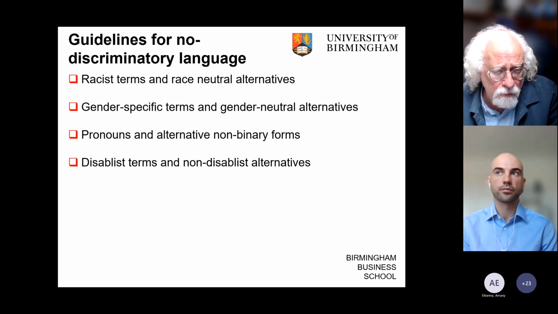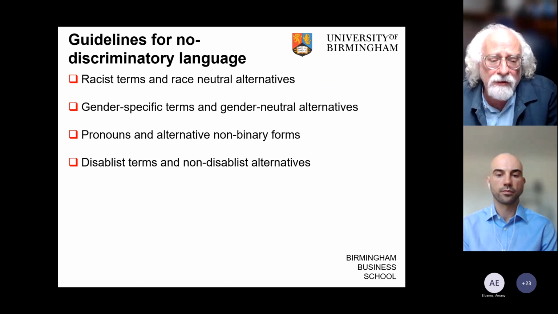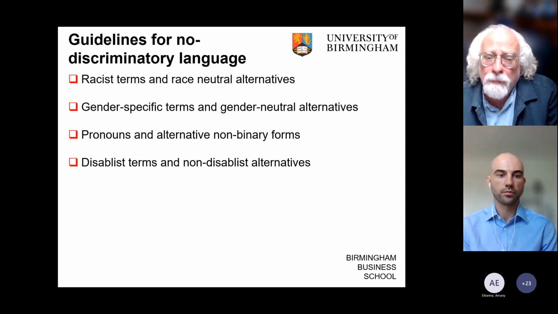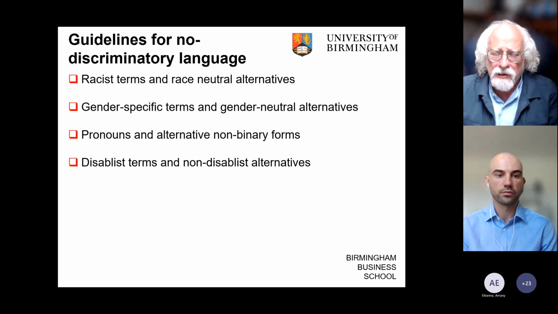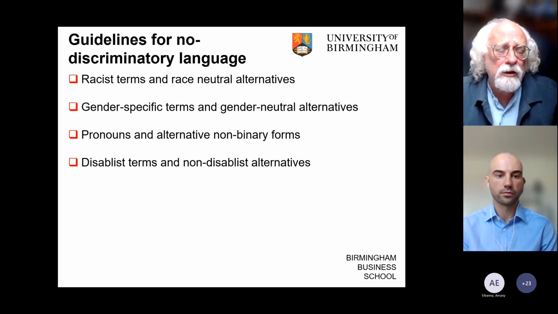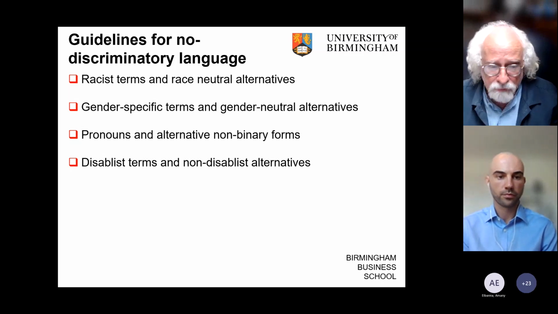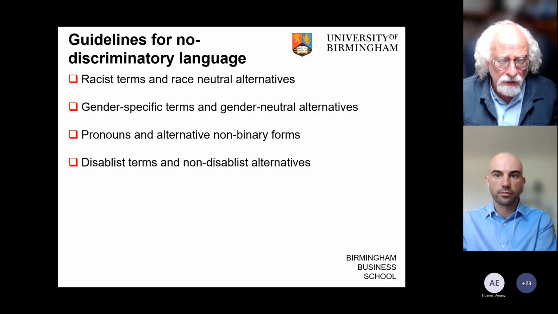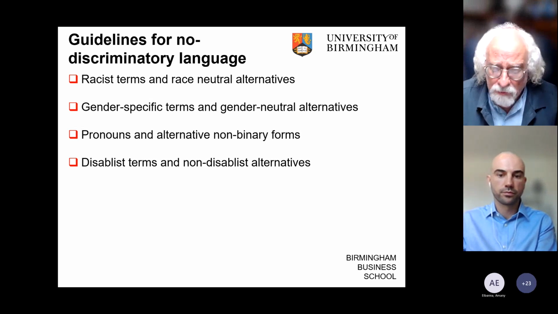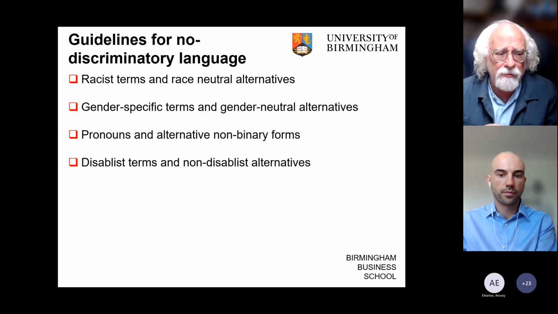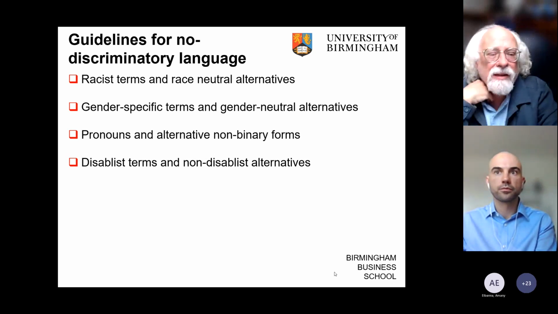And then the other one which we really think is important is about disableist and non-disableist alternatives. So not using terms like spastic or blind, but talking about a person who has cerebral palsy or a person who is visually impaired, and making sure we emphasize the person in our writing rather than the disablement. So that sort of looks at the language side of things. We've also tried to make the book more accessible, and so if we can jump to the next slide, please.